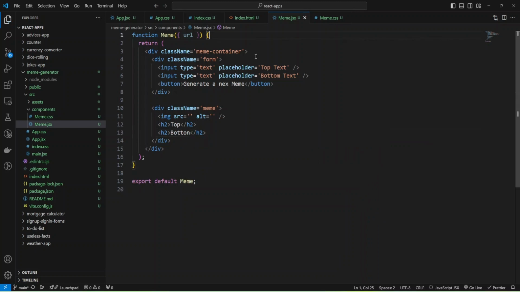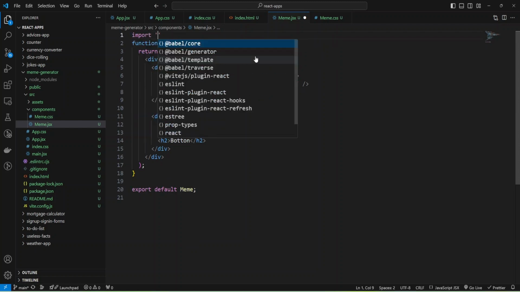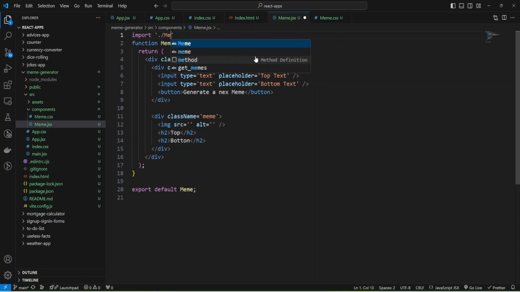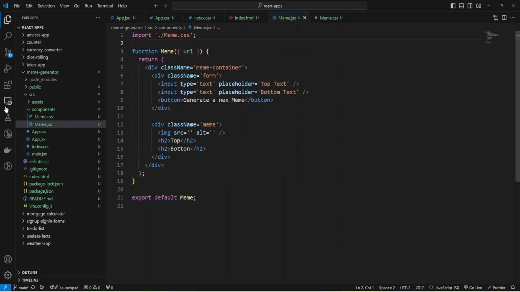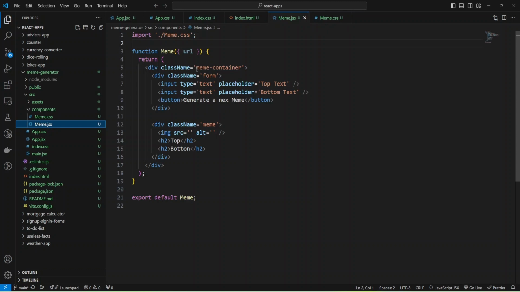Now I'm going to add CSS and create some CSS styles. Import Meme.css, and let's add some CSS, and we need some styles for our meme container.